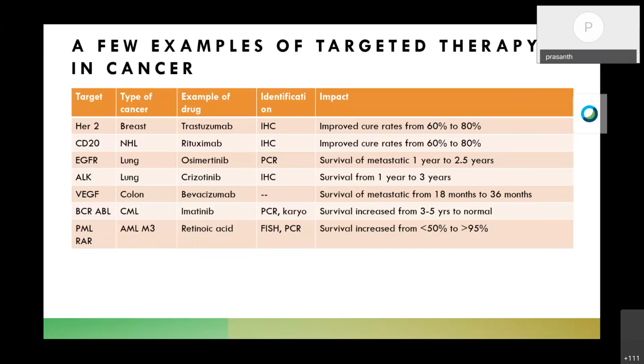It is one of the best examples of targeted treatments. So when the Philadelphia chromosome was identified in chronic myeloid leukemia, we learned that there is a BCR-ABL translocation and there is a BCR-ABL protein. When imatinib in the early part of 2000 became available, the survival of this condition increased from about 3 to 5 years